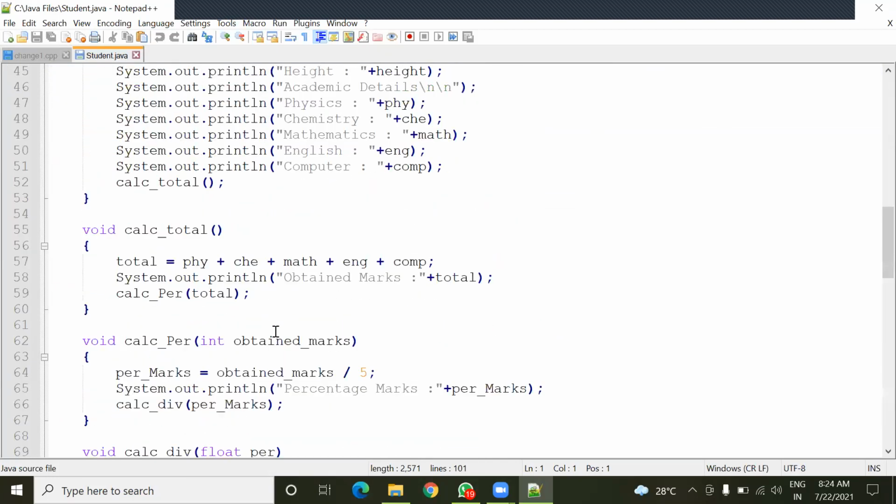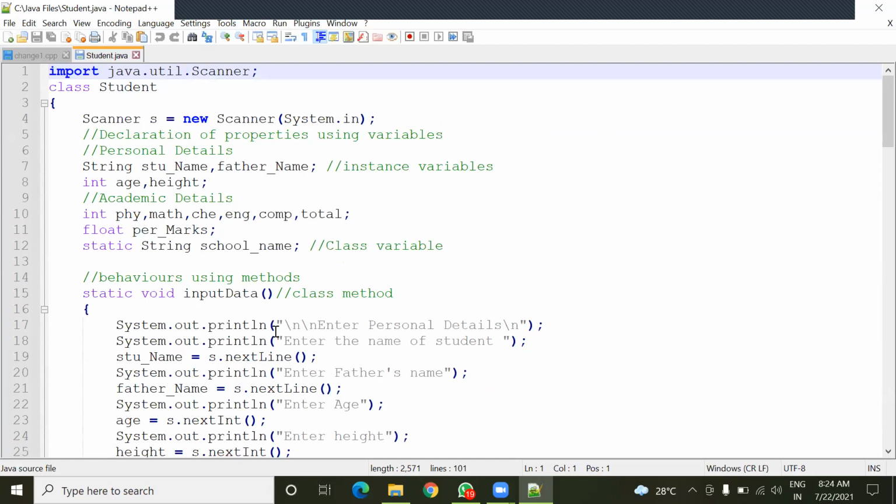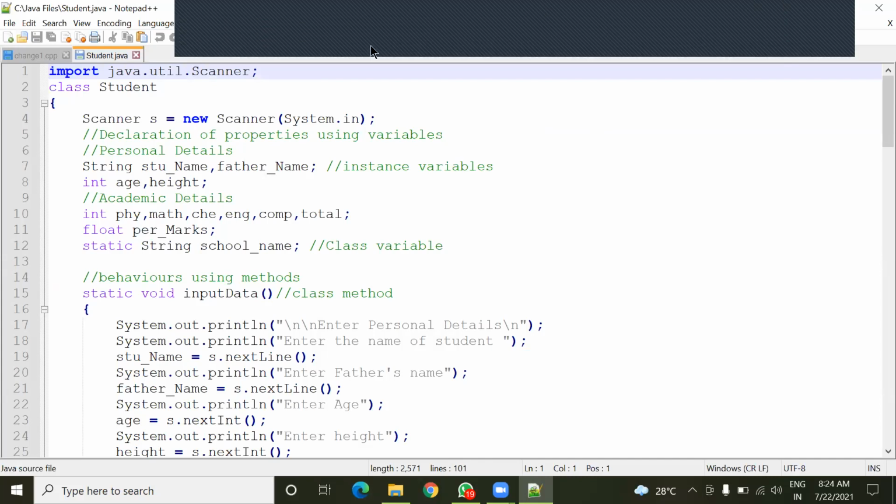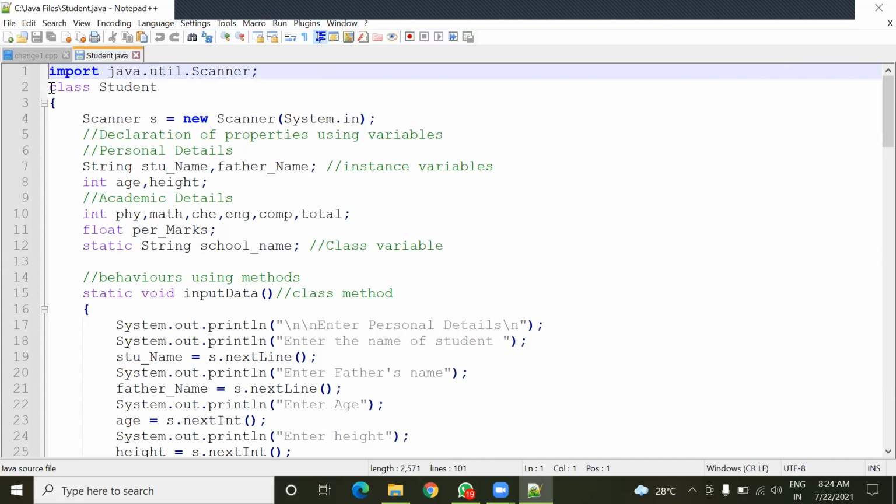So this is a program in the Java programming language. Now see here, there is a declaration of a class. The name of the class is student.